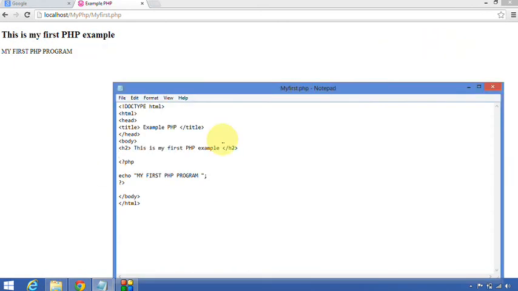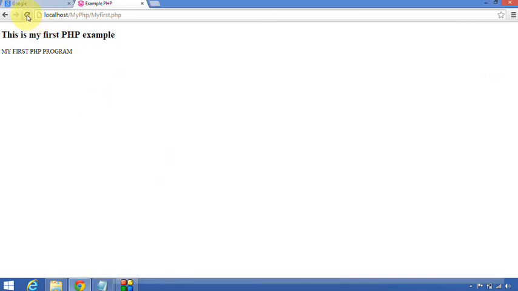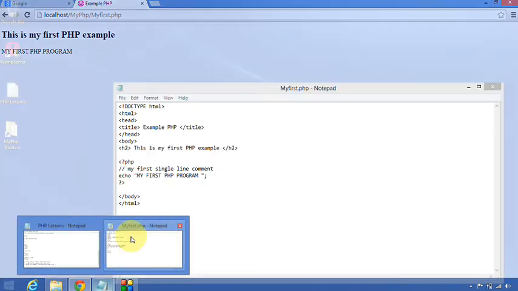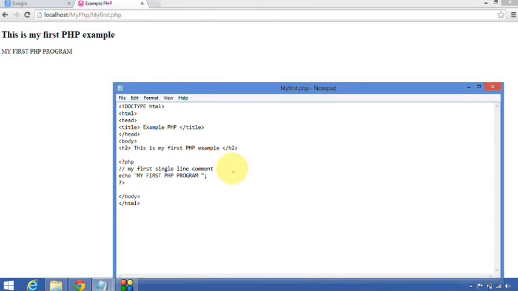Let's write some comments here inside PHP. I'm writing my first single line comment. I'm saving this. Yeah, as you already know, comments are not displayed on screen. It's for our readability purposes. We can write multi-line comments with this syntax.